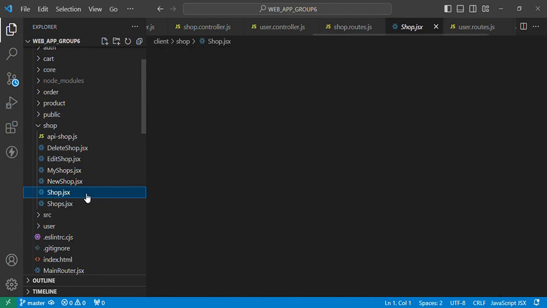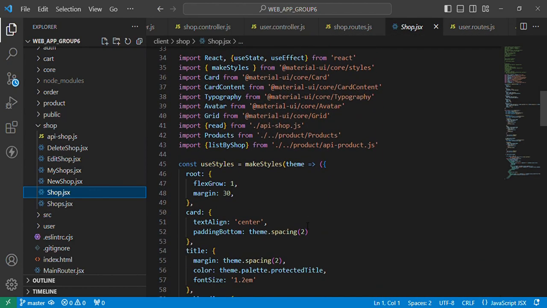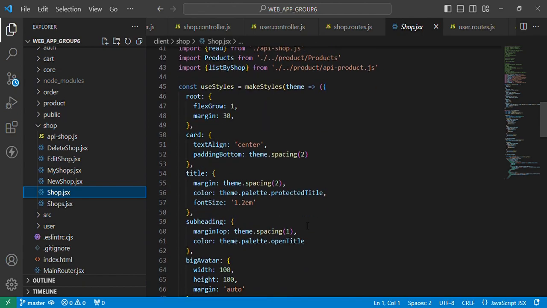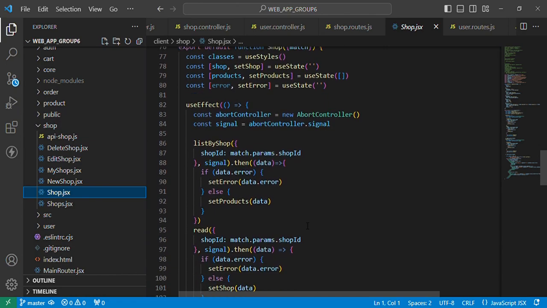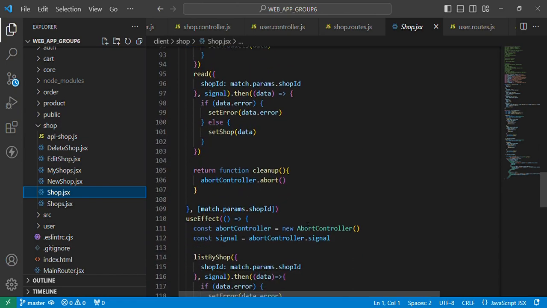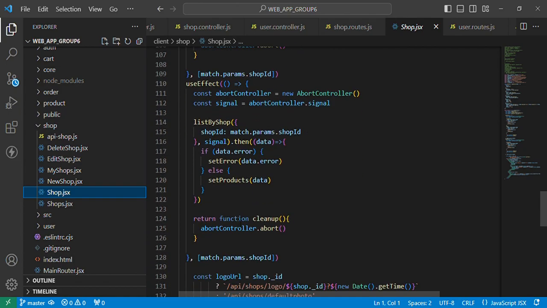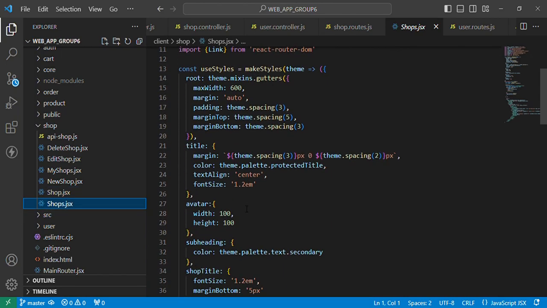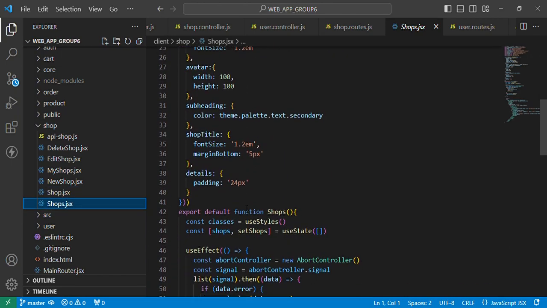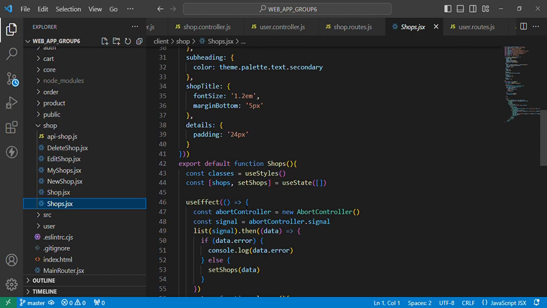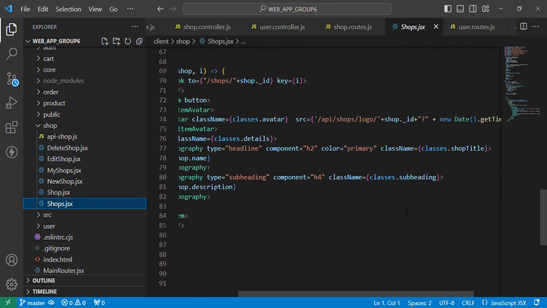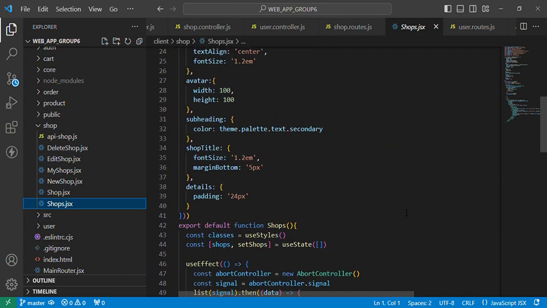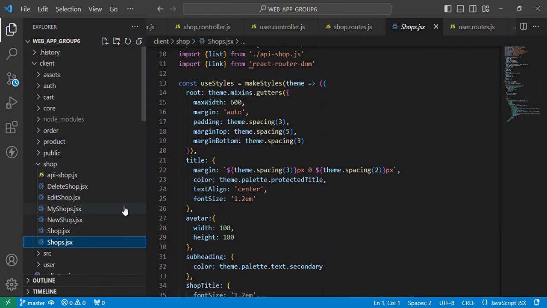Yeah, and this code, shop.jsx, is just the template, the theme of your shop. And this one is shops, where you can see other shops. As a seller or as an owner of a shop, you can see other shops. So yeah, this is basically what the code does. So thank you for listening to my